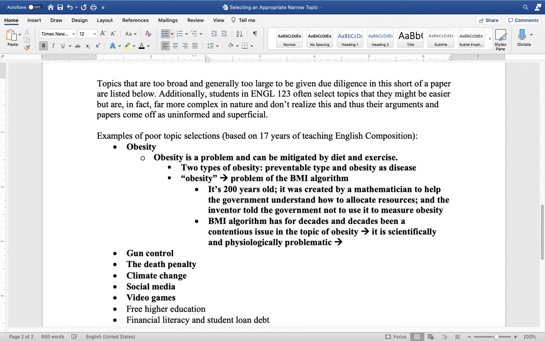It's considered racist because of the way that it's measured. So there's also a racist aspect to the BMI algorithm. And the way that it measures the body, there's just so many arguments out there from highly credible sources, including science, medicine, psychology, anthropology, that says the BMI is ridiculous. Get rid of it. And also with the BMI algorithm,